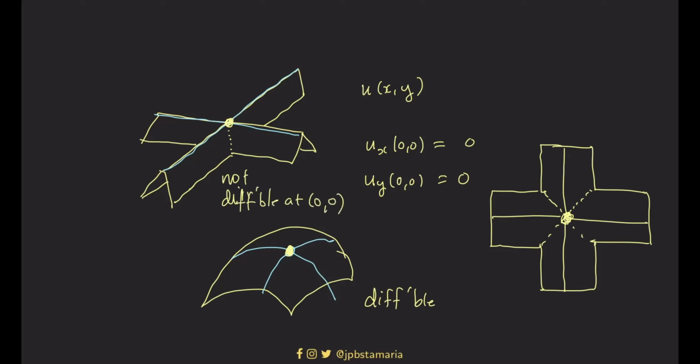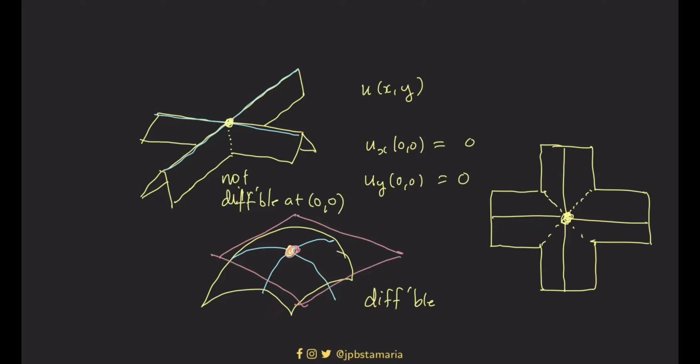So anong meaning natin ng differentiable kapag nasa 3D, no? Kapag kagaya nito nasa u of xy. How can we quantify or paano natin masasabi na differentiable ang isang function pag u of xy yung function ninyo? Ang ating isa sa mga pamamaraan is by looking at tangent planes. Ang gusto natin, kasi kapag differentiable kagaya na itong pangalawang example ko, when you look at a plane tangent to this surface,